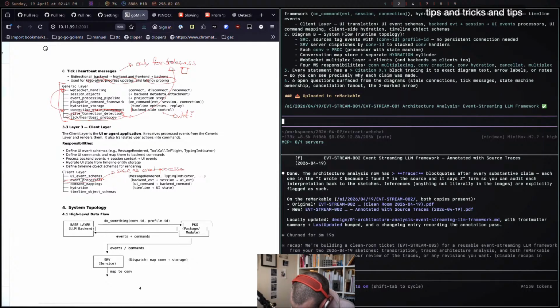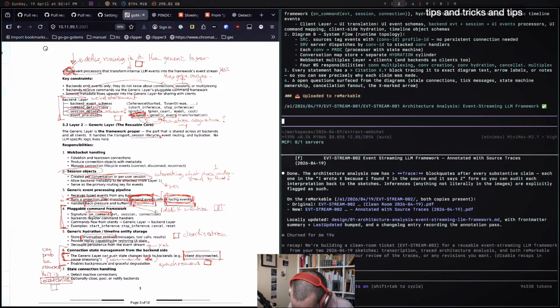And so these are the same as the event processors from backend. And you can start to see the impact of how I mentioned the on_command, which is in my document, is going to influence the style guide of the code it's going to write.